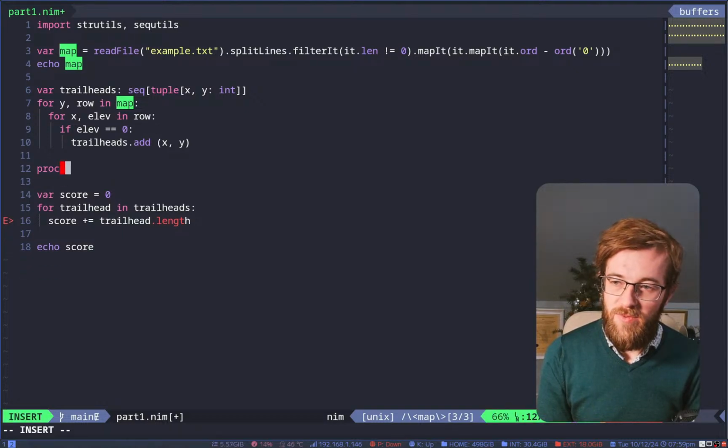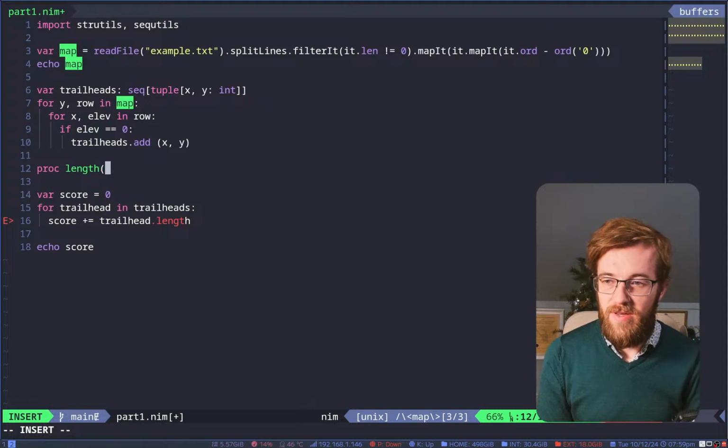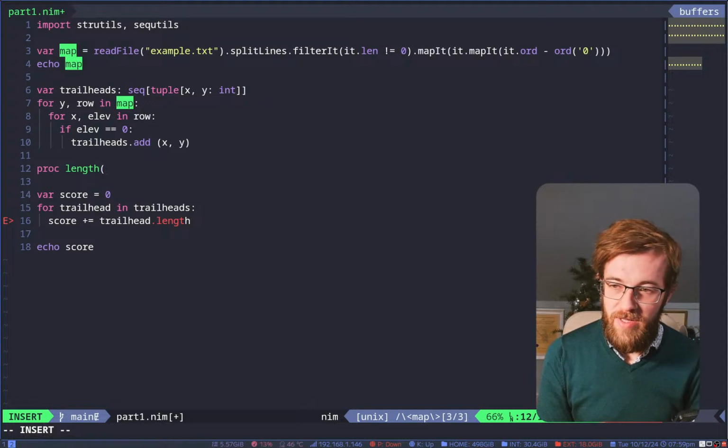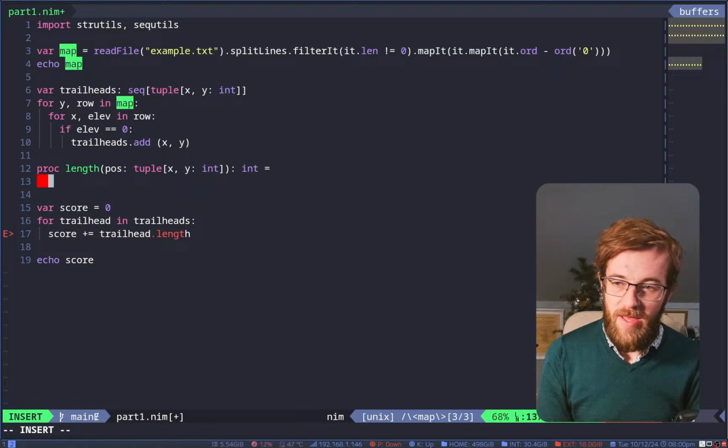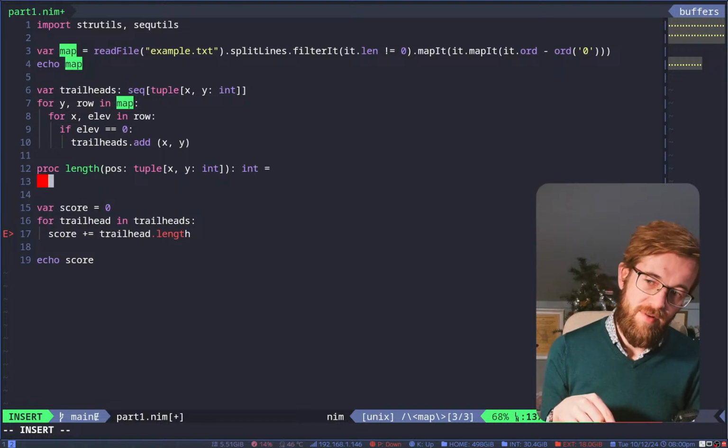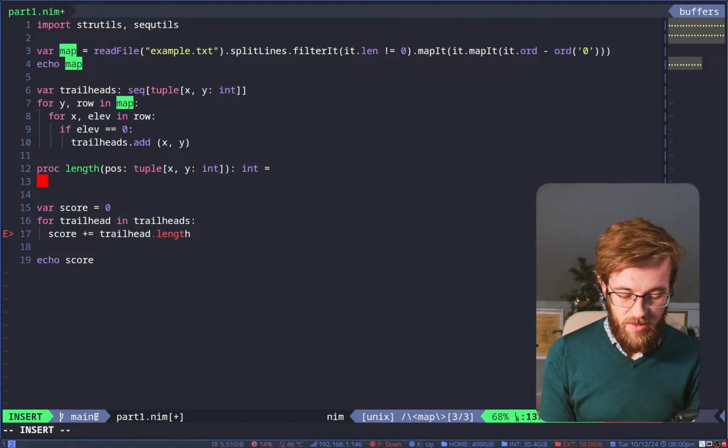But since we want recursion for this, I wanted to write a function. So the length from a position, which is a tuple of x, y, int, that's a number. So the length from this position is going to be,